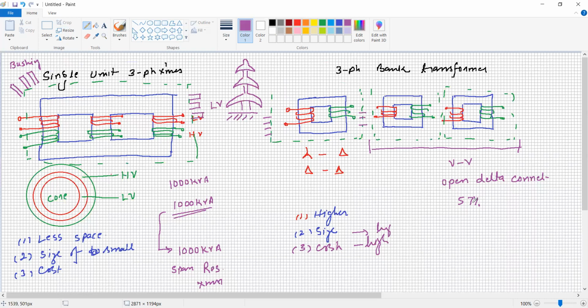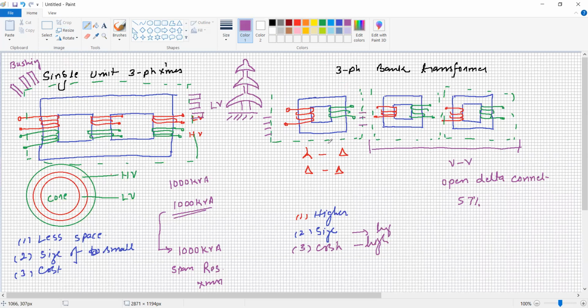So there is a security or continuity of supply that we can maintain, at least for the higher priority feeders. And the faulty transformer can be replaced easily, and then we can put the total bank back into service. Now for the reserve capacity here, it is not necessary to keep a reserve of the same capacity as the whole transformer. It means the capacity of the spare transformer is only 300 kVA.